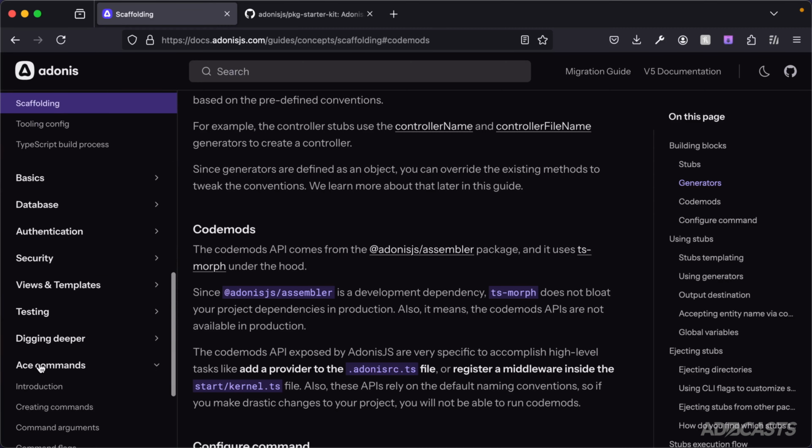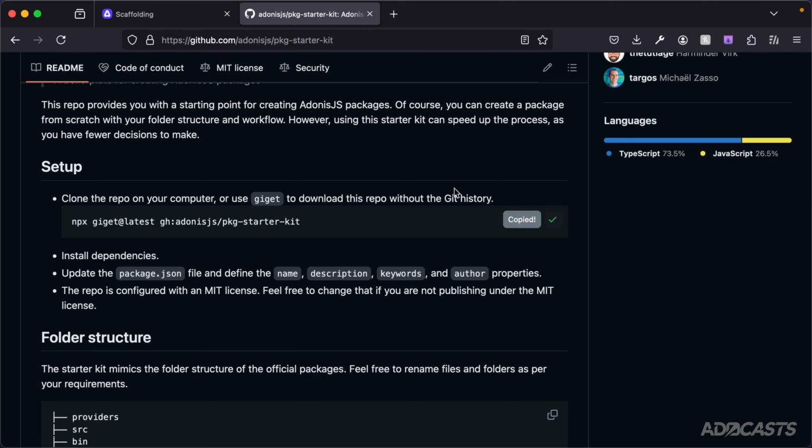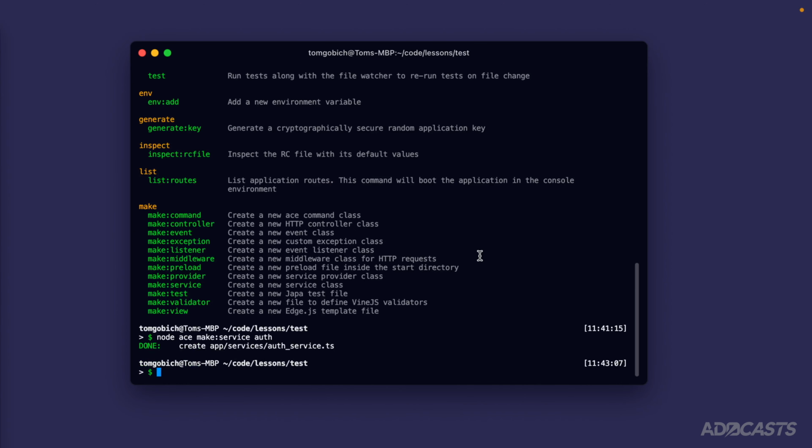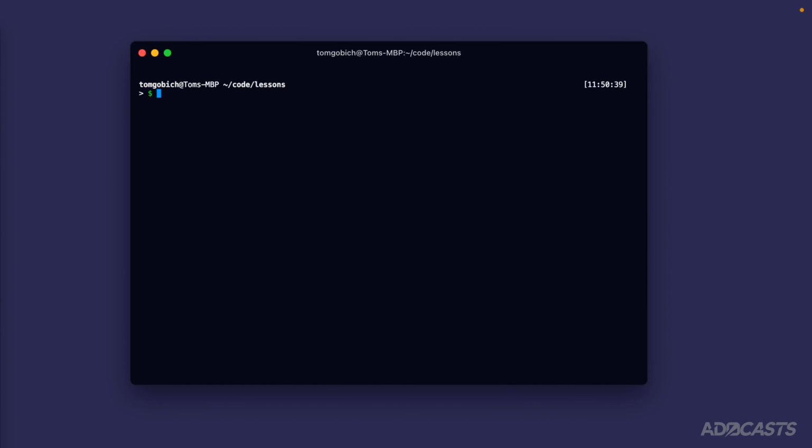So let's go ahead and jump back into the starter kit repository and give this Giget command here a copy, and we can hide our browser back away. Scroll down to the bottom here of my terminal, and I'm gonna go back a directory and clear everything out. All right, I'm gonna paste this Giget command in, and let's give our project here a name. So I'm gonna call this adonisjs-actions. And we'll hit enter there to run Giget, which will pull down the AdonisJS Package Starter Kit into our